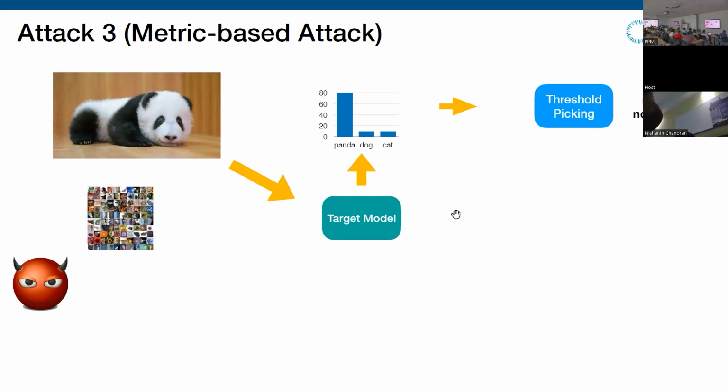Yeah, of course. This is why you need to choose a threshold. Because if you wrap this whole posterior information into one value, you need to see whether this value is bigger or lower than a certain thing and decide it's a member. But for the threshold, I think the mainstream approach is still to train a shadow model to find it. But if you want to experiment, you can use some metrics that are not sensitive to any threshold, like AUC, the area under the ROC curve, or the precision-recall curve.